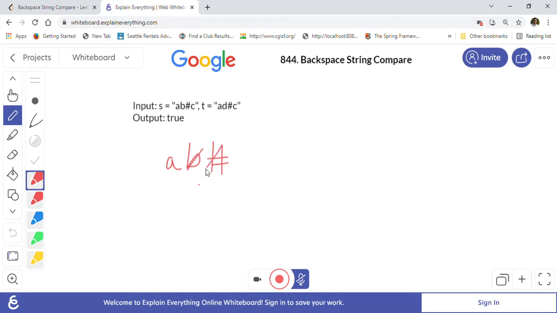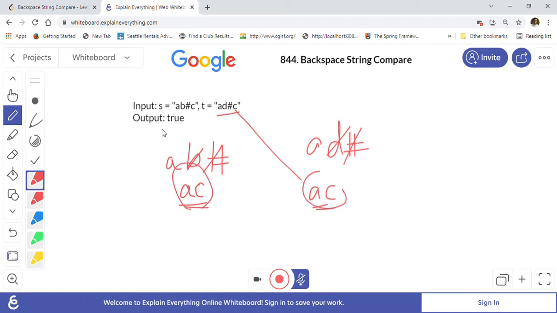Backspace means only A will stay there, and then C comes, so it becomes AC. And for ADC, when you type A, D, and hash, once you hit a backspace, the character will go away. So A will stay, and after that C will come. So it becomes AC. Both strings, after the processing, are the same, AC and AC.